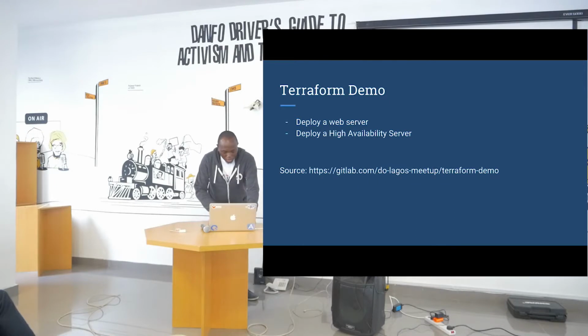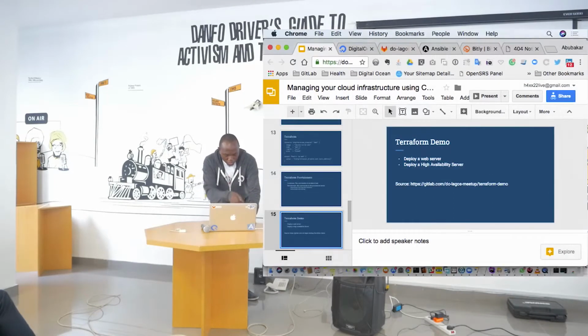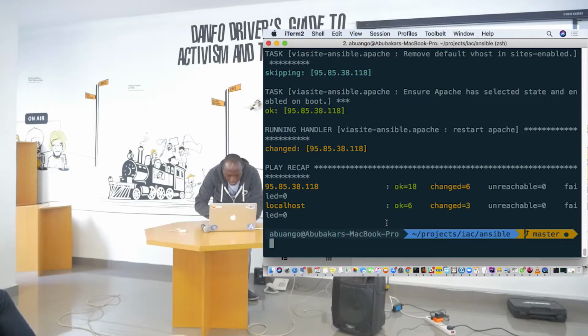Now, let me run a quick demo of running a web server on